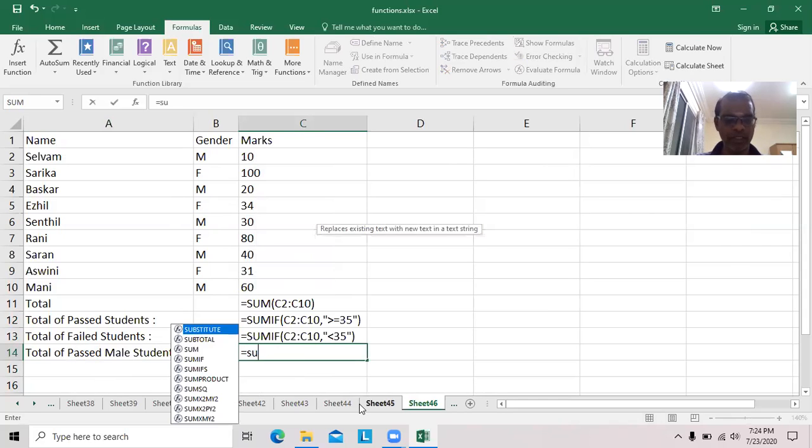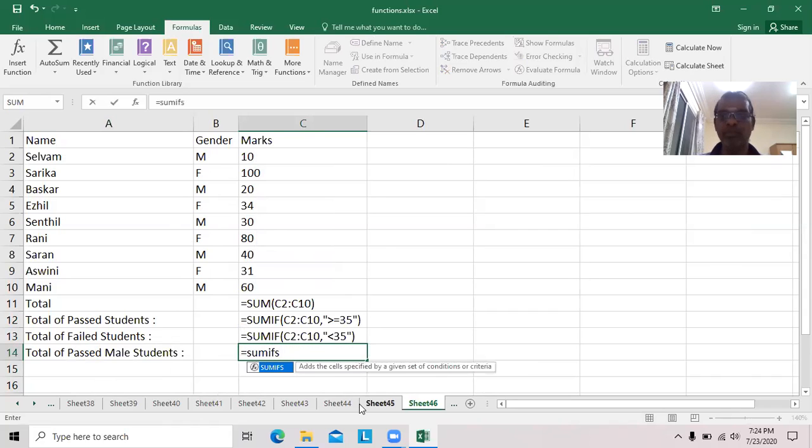In this case, we should go for SUMIFS. Open bracket. First the range where the marks are available, C2 to C10, then comma. Next the condition range 1, C2 colon C10, comma. Then the condition, greater than or equal to 35.